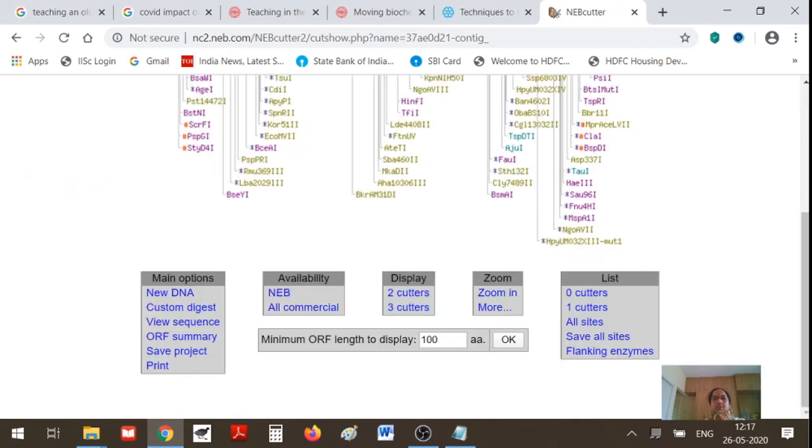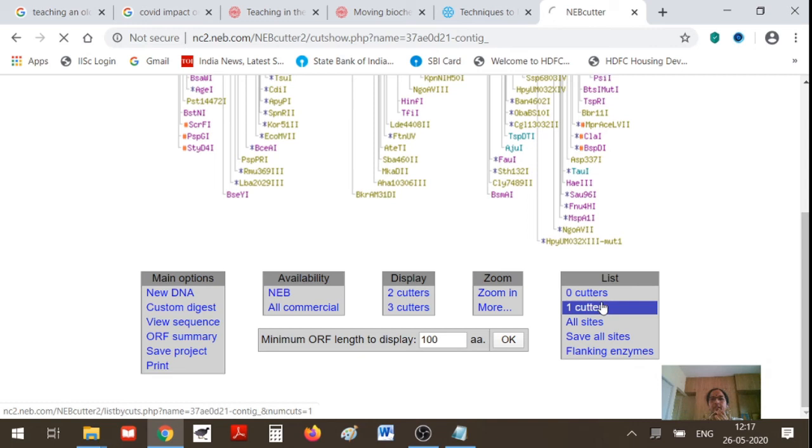Now suppose you have some particular restriction enzymes in mind, those which cut twice or thrice. In the list you can change this here. 0 cutters, those which don't have any restriction site here, 1 cutters, or you can look at all sites.